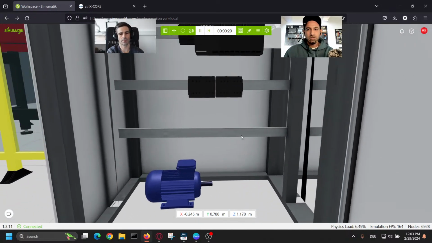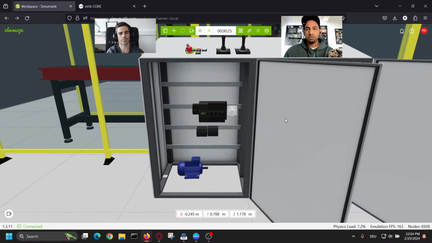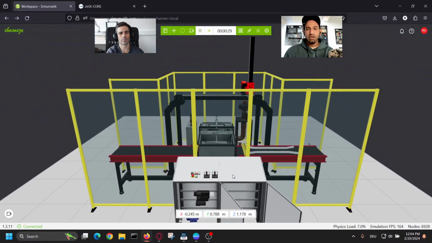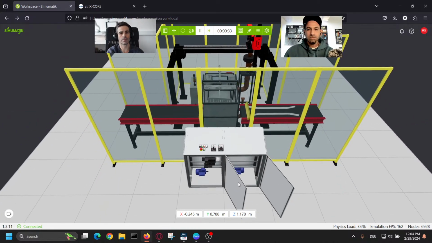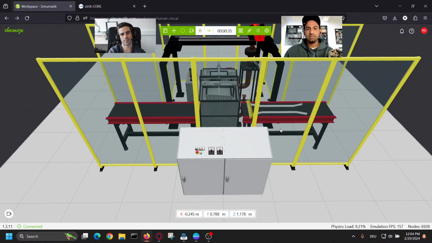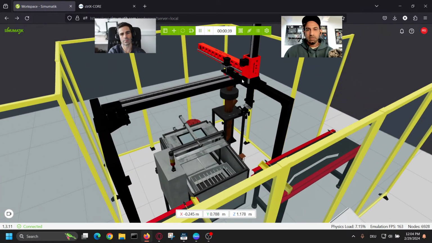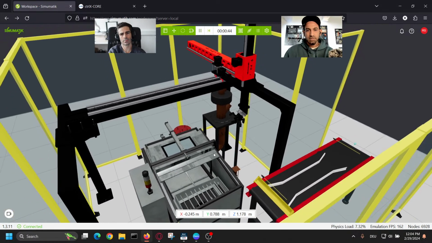On the bottom, some contactors, some induction motors for the conveyor. This is the industrial socket for 3-phase. And on the right side, you will also see another motor. So the motors we are using to control the entry conveyor and exit conveyor. So these are two induction motors with the contactors. And this is our XYZ gantry. This gantry is controlled by servo drives. And these servo drives